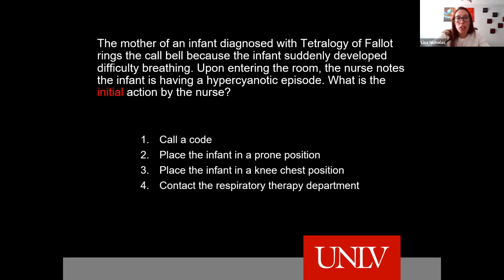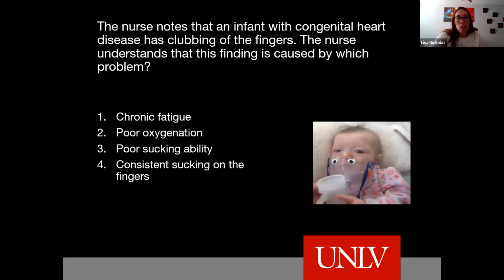To answer Nick's question, he posed a question, can clubbing be reversible? And I'm going to go ahead and say no, it can't, because you're dealing with chronic levels of low oxygen in the blood. And so if a patient has a congenital heart disease, they're usually dealing with some abnormalities of the heart. Like in my experience, it's never been known for a baby to be born with a heart disease and it be corrected and they're kind of